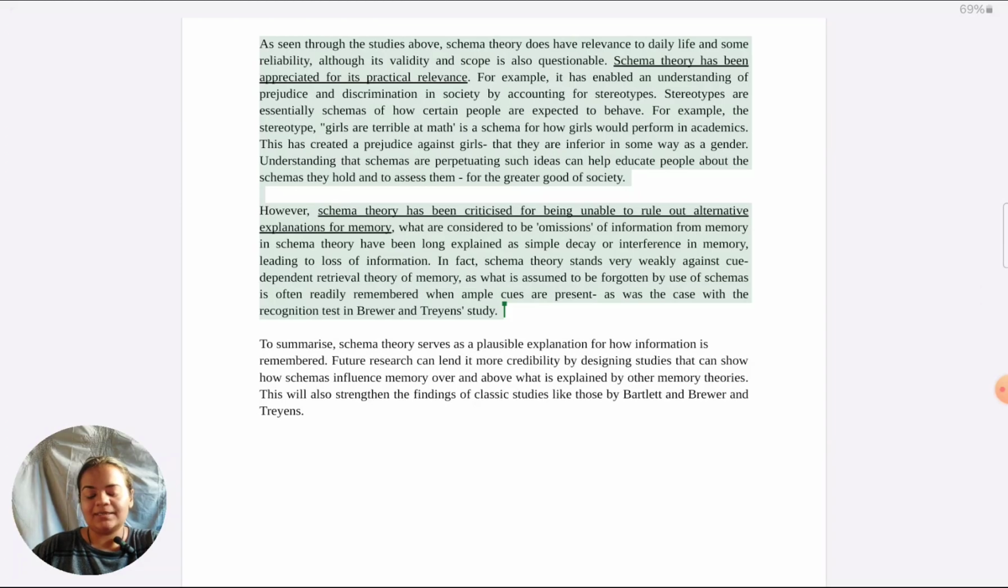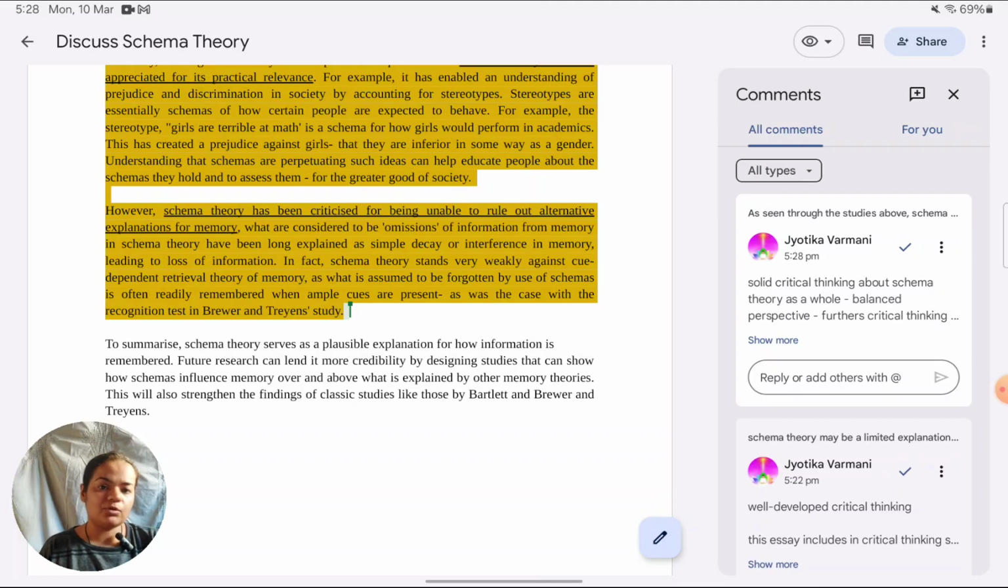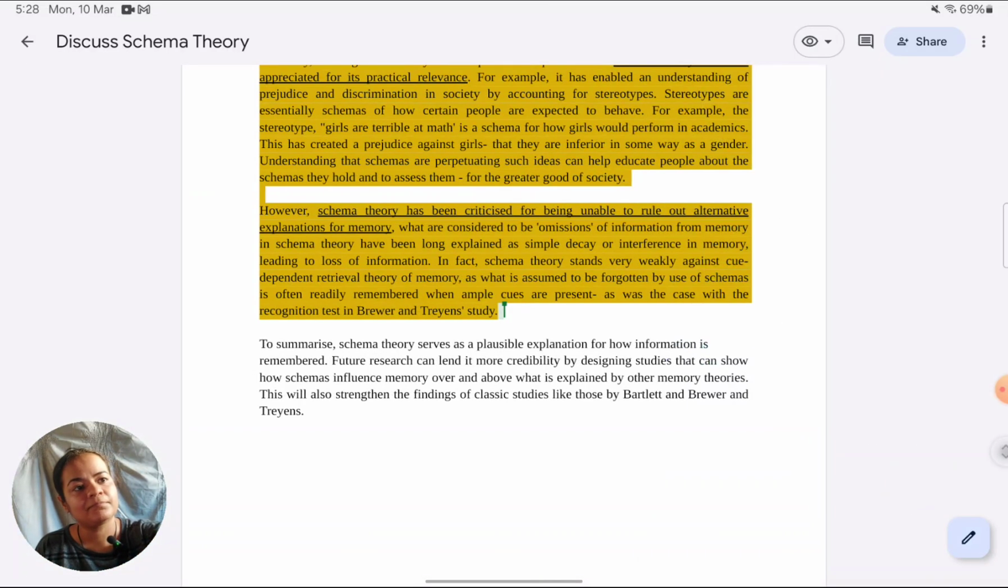In terms of criterion D, where they require critical thinking not of individual studies but of the theory, it really furthers the argument in the sense that it furthers critical thinking beyond the studies about schema theory. If you look at it overall, the essay is not only about 2 or 3 studies and how they have supported or not lent support to schema theory. It's much beyond that. There are so many things spoken about schema theory in this essay.